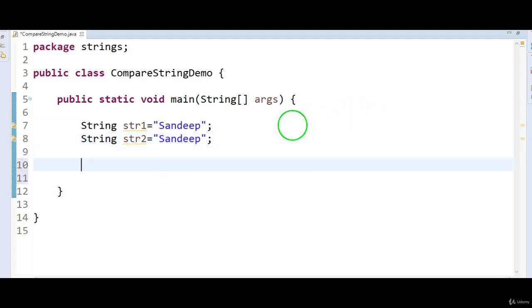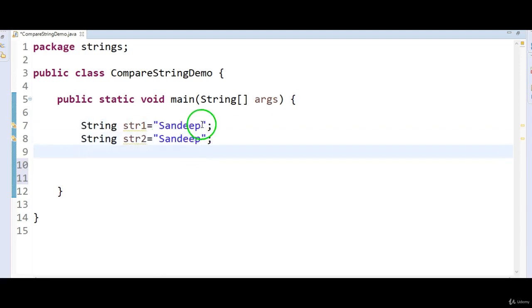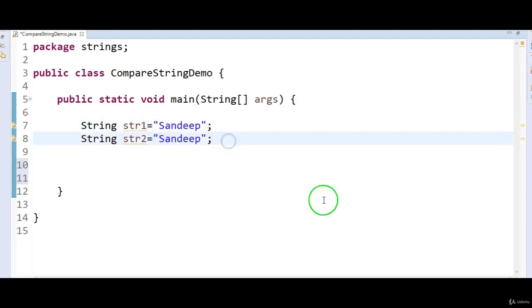Now, in order to compare each and every character in the first string with the second string, I need to get the character from the first string and then compare it with the corresponding character in the second string.